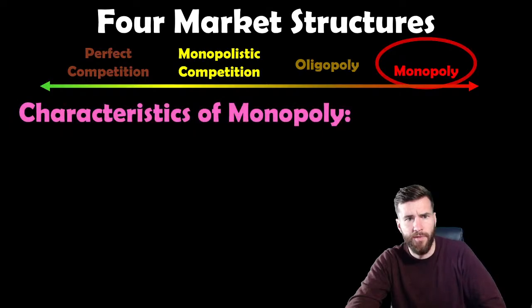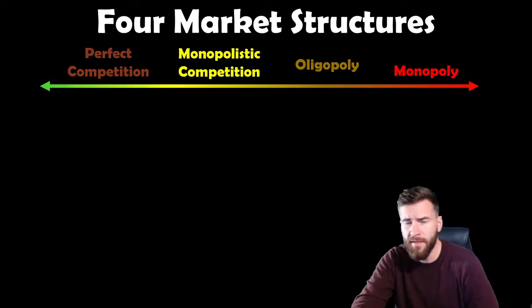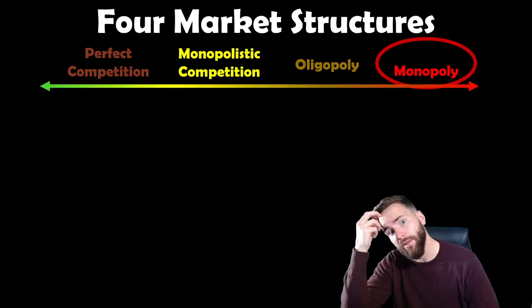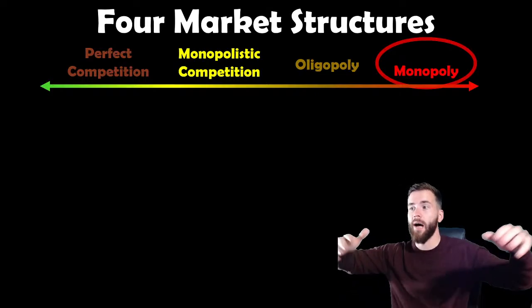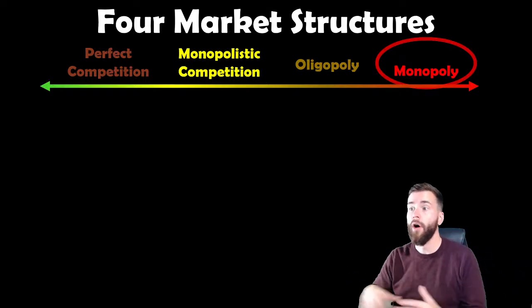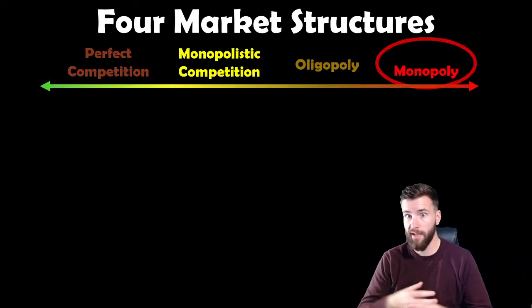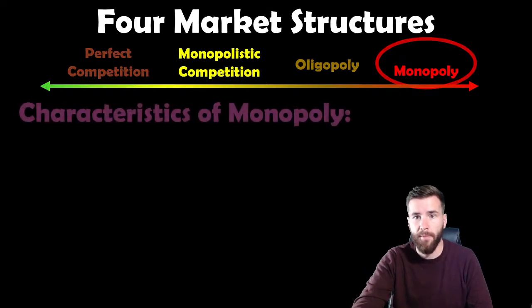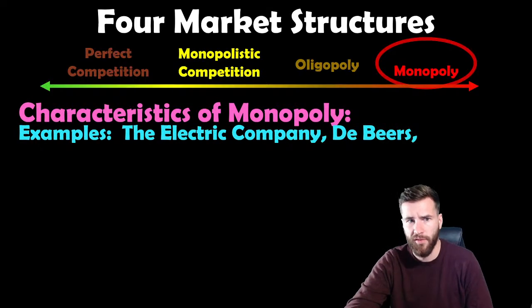So that's it for perfect competition, all right? And that's what we're going to start learning about tomorrow. The next one is monopoly, all right? So what is a monopoly? A monopoly is obviously the opposite end of the spectrum. There's absolutely no competition being had. One firm dominates the market, and they're not competing against anybody, right? That would be a monopoly. That's what we're going to learn secondly after perfect competition. So obviously, what is a monopoly? Or what are some examples? I hope I didn't go too fast on your organizer.